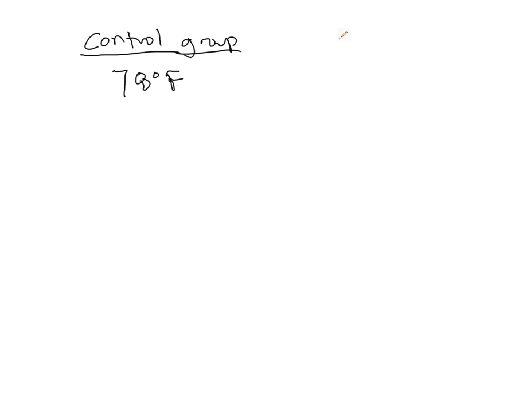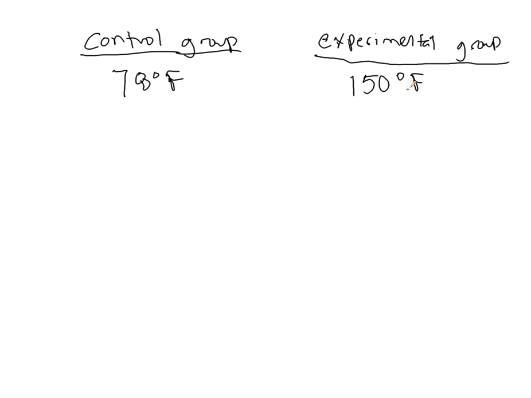Now we want to test the experimental group. The experimental group is the one where we're actually going to alter one thing. Let's say the only thing we do differently there is we keep this under conditions of 150 degrees Fahrenheit. So maybe we put it in an oven. And then as time passes, again, this might seem ridiculous, but we're going to track